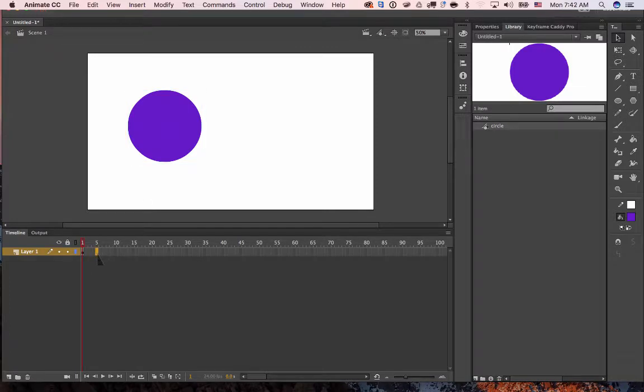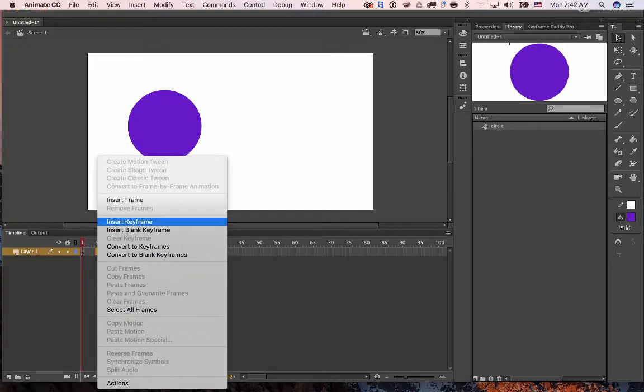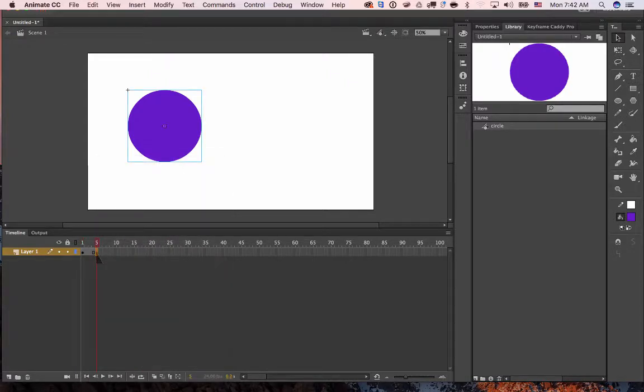Okay, so now let me explain to you what is happening every time you hit insert keyframe. So when you create a new keyframe right in front of the old keyframe, the new keyframe is going to take the old keyframe, copy it, and then paste it in the place of the new keyframe. That's what it's doing, okay? So that's why you want to make sure that this is a symbol before you create a new keyframe, because